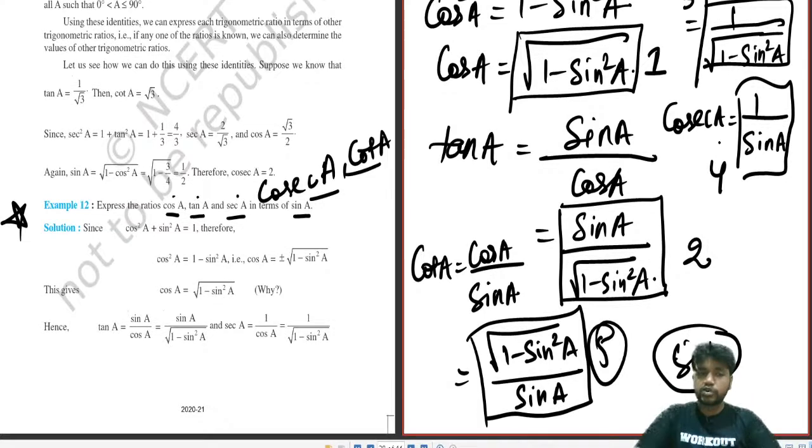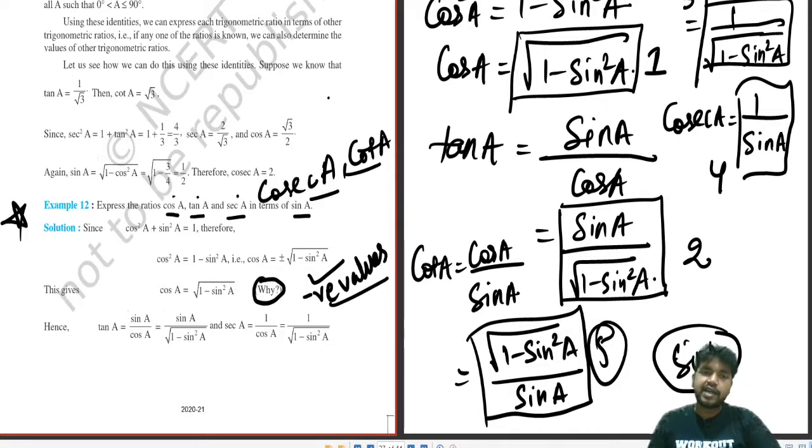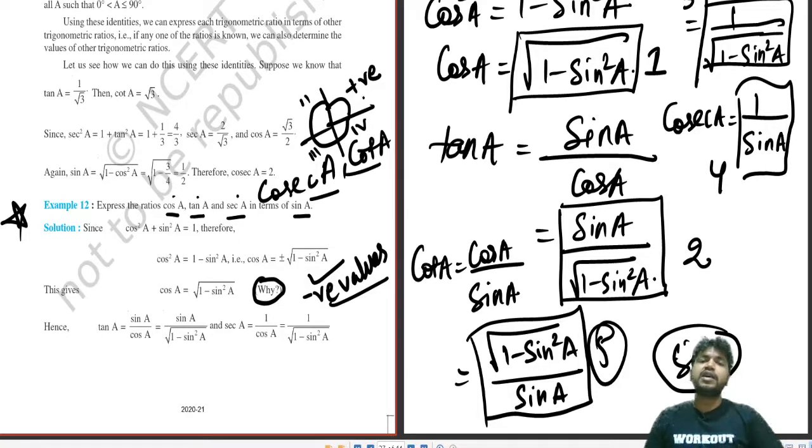This is very important. Students should look into it. Like you can see the answers over here. See this answer. See, there is written y. The y means that we don't accept negative values. There is a reason that you will understand in class 11, that we are dealing with 0 to 90 degrees, and 0 to 90 degrees have all positive values. Moving on further in class 11, we will include the whole circle, and after that there will be a partition of these things: second quadrant, third quadrant and fourth quadrant, where only some ratios are positive, and in the rest the signs change. That will be dealt with in class 11. So y is not for you.